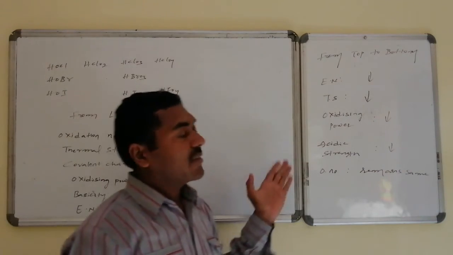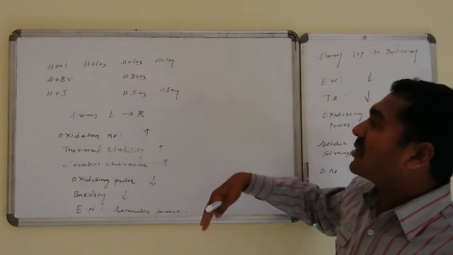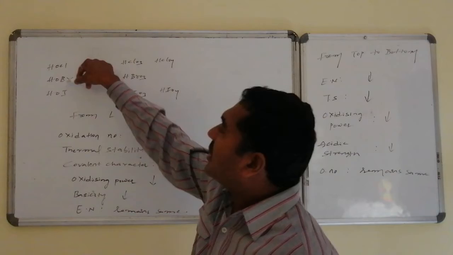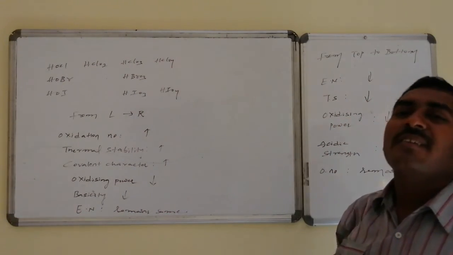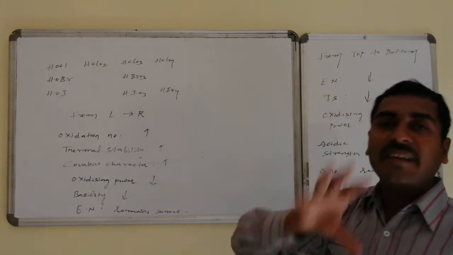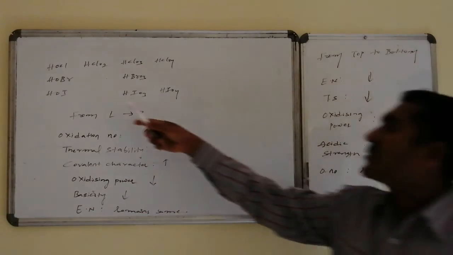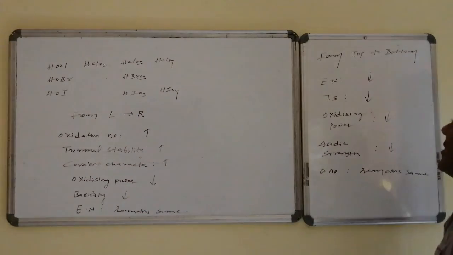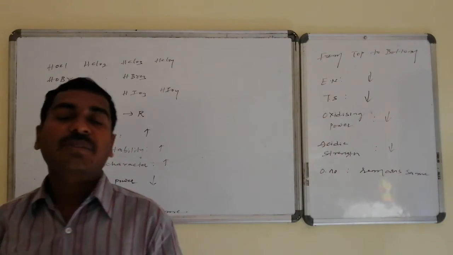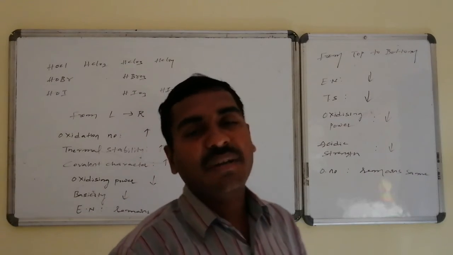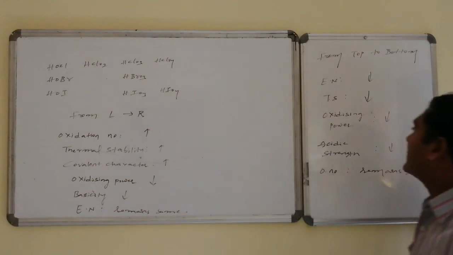Let us go through the trends for the oxyacids of halogens from top to bottom, that is, from hypochlorous acid to hypobromous acid and hypoiodous acid, or HClO3, HBrO3, HIO3. Wherever there are exceptions, I will explain them once again. From top to bottom, electronegativity goes on decreasing, as it is chlorine, then bromine, then iodine. Thermal stability also decreases, because atoms of similar size with the same bond environment are more thermally stable, but here the size difference goes on increasing.